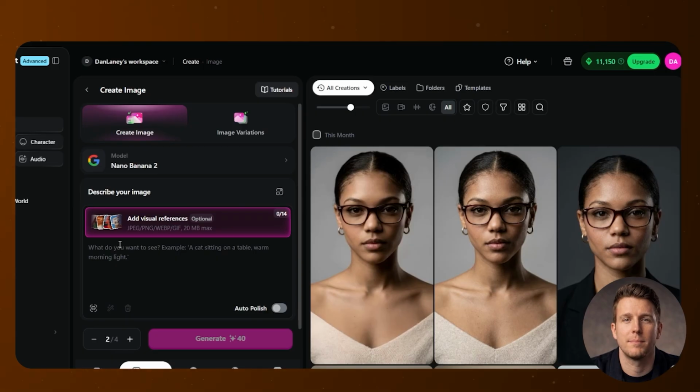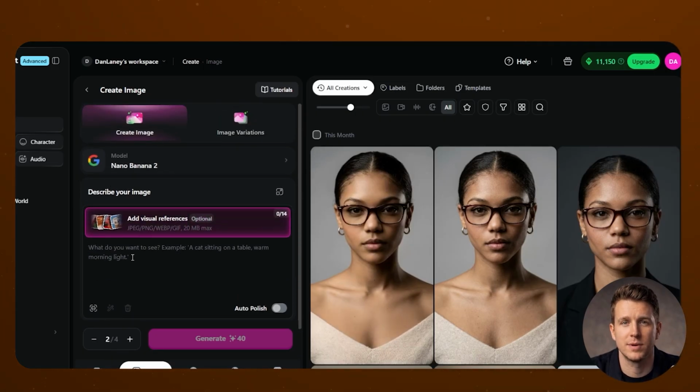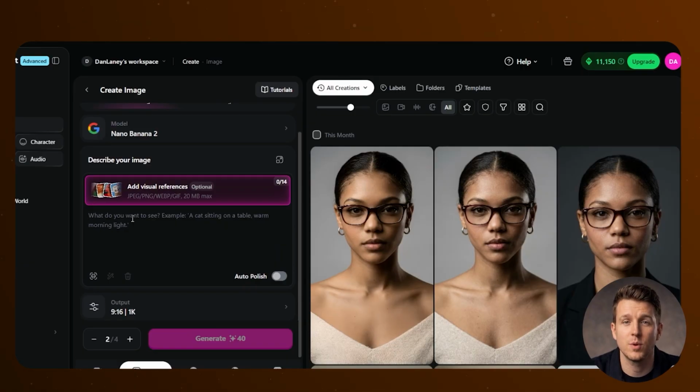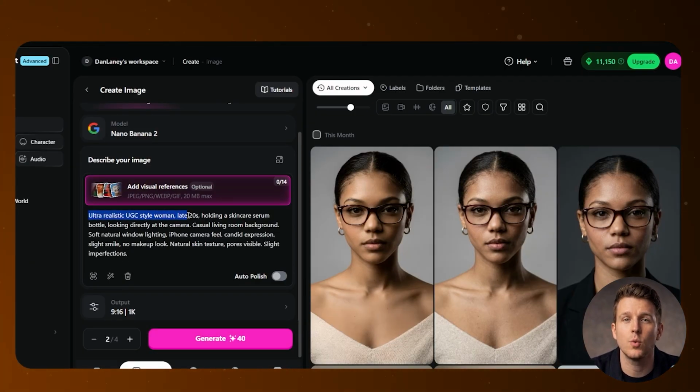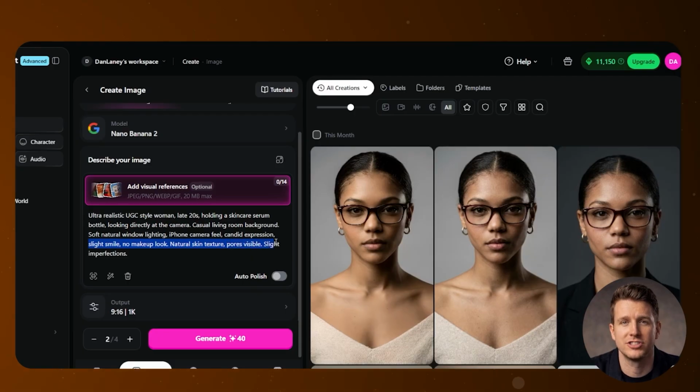Select it, move on. Bad prompts give you vague, generic people. Good prompts give you a specific human in a specific moment. Here's an example prompt you can literally copy right now. Ultra-realistic UGC-style woman, late 20s, holding a skincare serum bottle, looking directly at the camera, casual living room background, soft, natural window lighting, iPhone camera feel, candid expression, slight smile, no makeup look, natural skin texture, pores visible, slight imperfections,